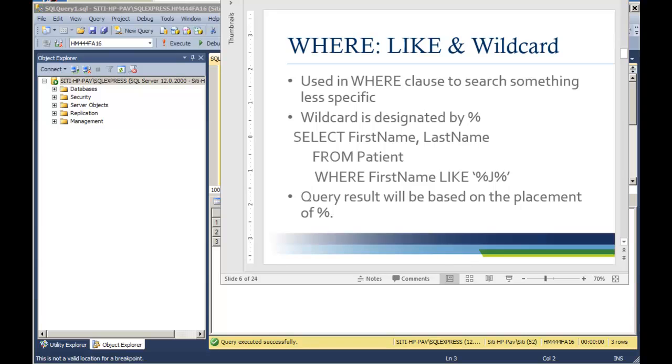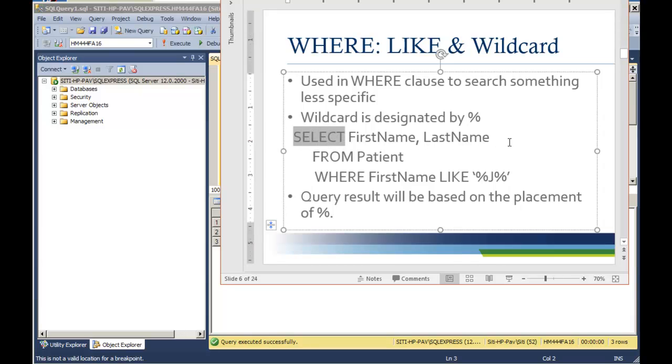The syntax for using LIKE and the wildcard is, of course, you will have the SELECT statement, where you specify what you want to retrieve from your database, the table that you will be using, and the search criteria that you want to specify for your particular query. So let's take a look at the application of LIKE and wildcard in